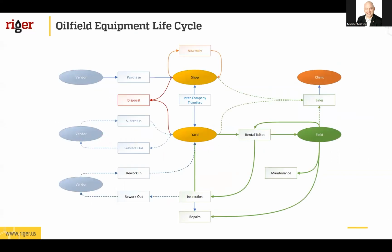Equipment life cycle in RigER consists of different documents, different operations, and you can see here we have purchases, subrentals, rework, internal transactions, movement, assemblance, manufacturing, rental operations, maintenance, inspections, repairs, equipment sales. So the equipment cycle is presented here as an integral part of the oil field operations, and rework becomes more